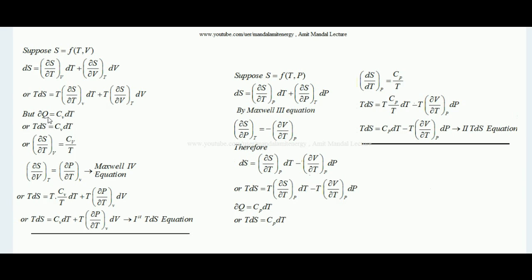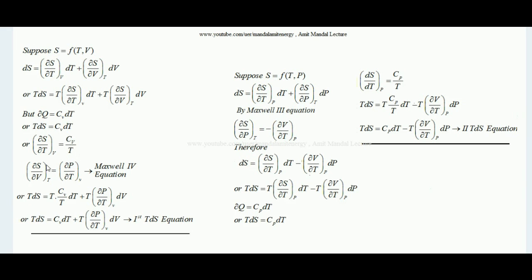So we know that del Q equals TdS, because ds is the entropy change equals del Q by T. So T into ds is del Q. So in place of del Q I can write TdS. This equation del Q equals Cv dT is meant for heat given at constant volume. So I can also write ds by dT at constant v, since this equation is meant for constant volume, equals Cv by T. I am just cross multiplying and rearranging this equation, which I am showing with the cursor.